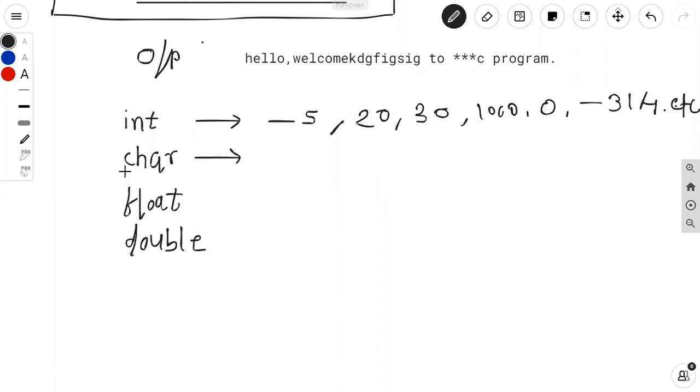ओके, नेक्स्ट वन इज कॅरेक्टर. कॅरेक्टर मीन्स व्हॉट? Single character, and that single character is either capital letters from capital A to Z or the small letters from small a to small z. These all are said to be characters.